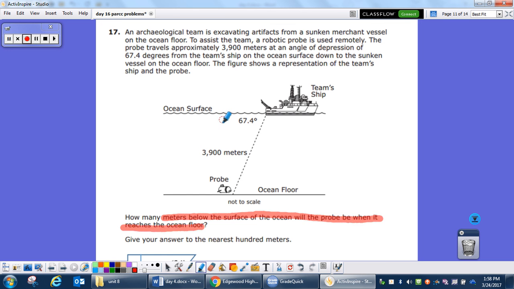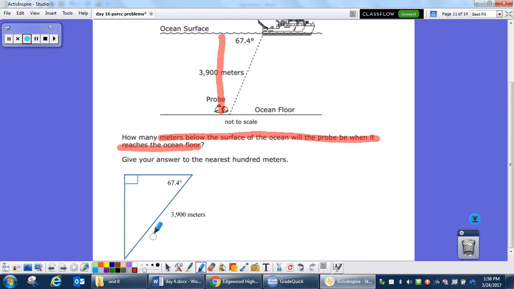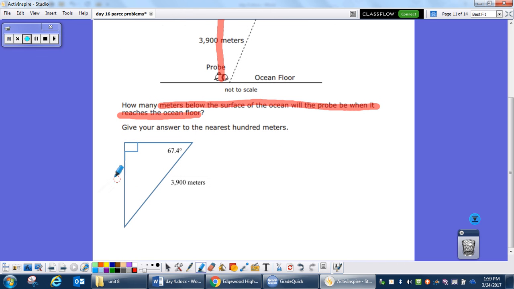So I want to make a note that you're finding this distance, and the 3,900 goes on that hypotenuse. So I've brought that triangle out for you, and that is the distance that you're finding, because that's where the probe is, and the ship is up here, and the probe is going to be coming from the ship at a diagonal. So that's why the hypotenuse is the 3,900. So you're finding that guy,